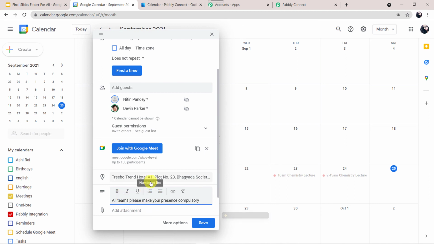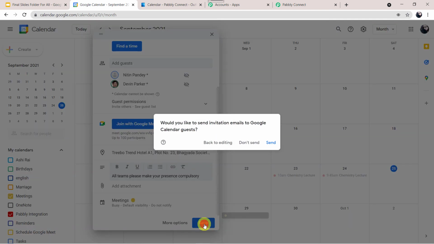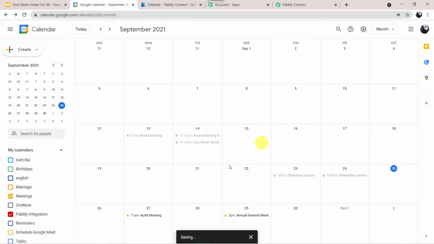Okay, and I don't want to give an attachment, and I'll just click on Save. Would you like to send the invitation emails to Google Calendar guests? Yes, I want to send. I'll just click on Send. It is saving. And here we can see the annual general meeting event has been created.